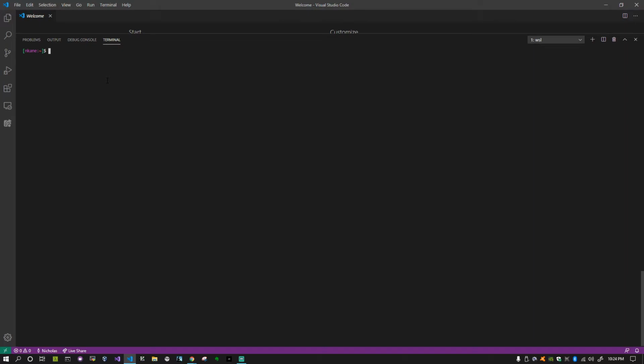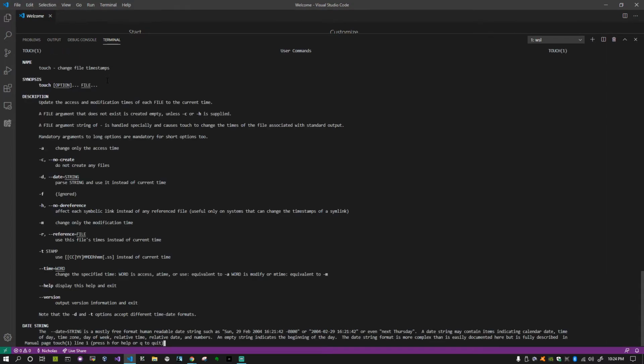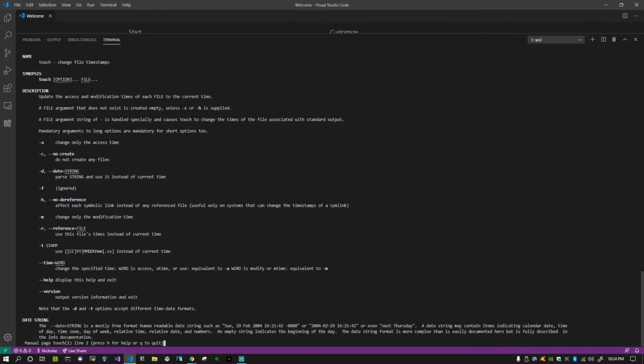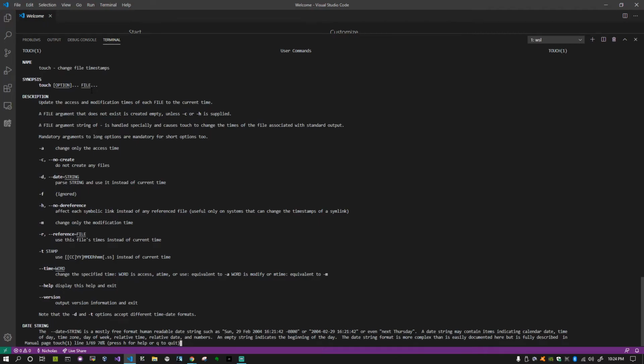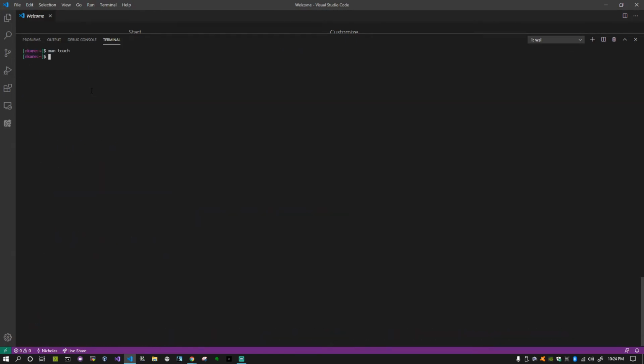And let us try to use the touch command. Before we use it, let's pull up the man page. You'll see here that there's a bunch of information on how to use this. It's all very interesting if you actually need to know how to use a particular command. So we're going to quit out. I believe it looks like Q to quit. We'll do touch test.txt, and let's ls, and we can see that we have a file called